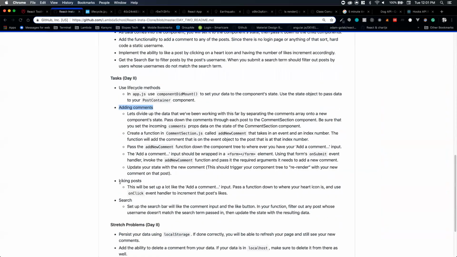You're going to implement the ability to like posts and implement the ability to search your posts by username. So this is just a lot of JavaScript practicing. There are steps to walk you through it. This one is a little bit more hand-holdy than maybe these two are, but